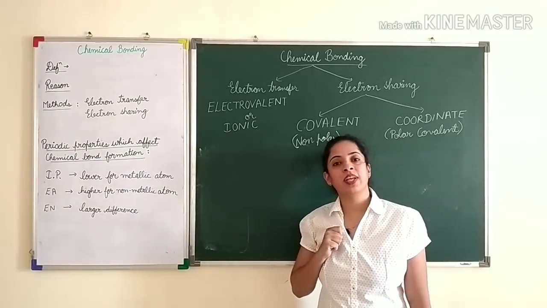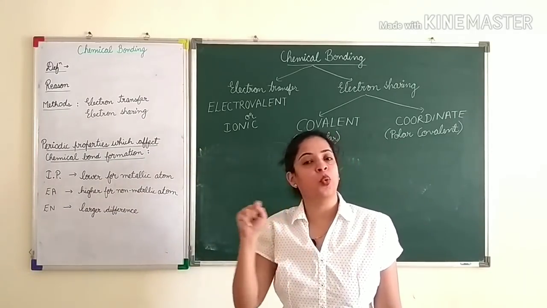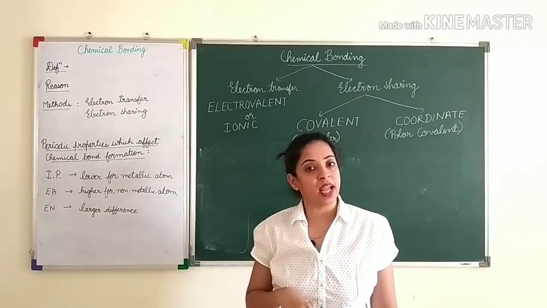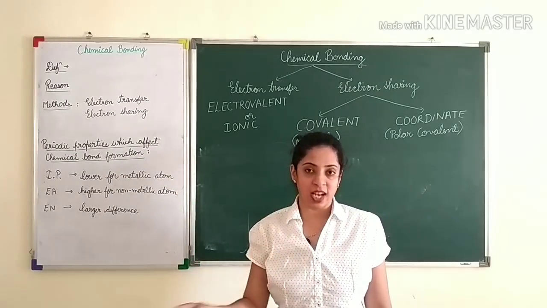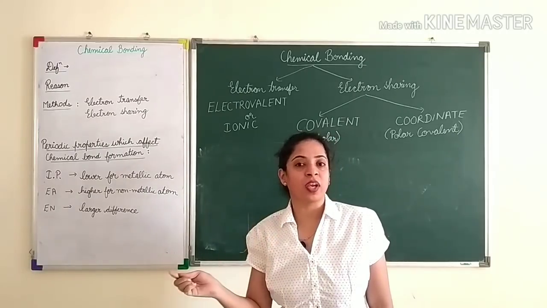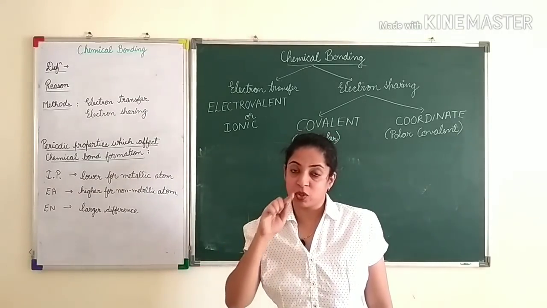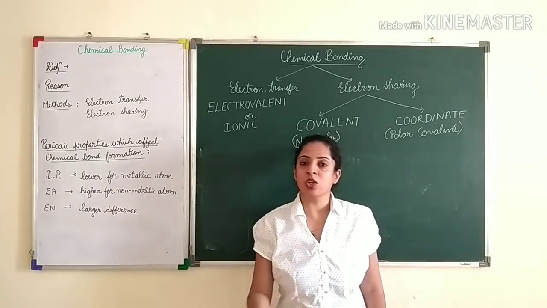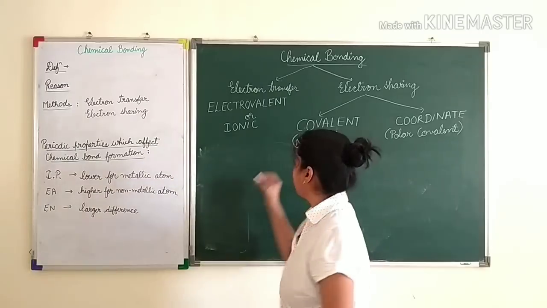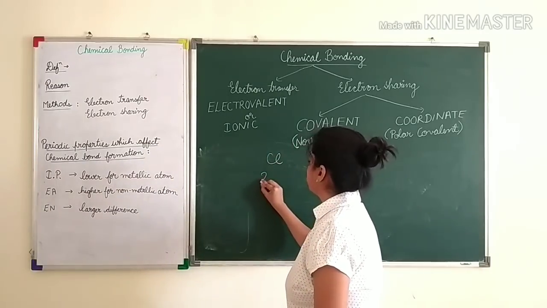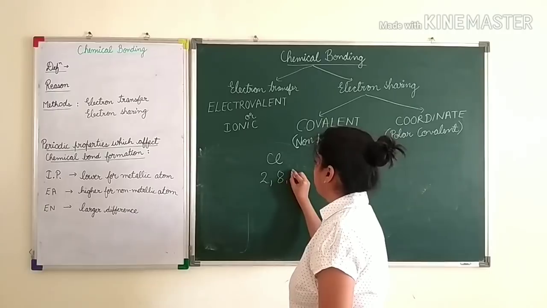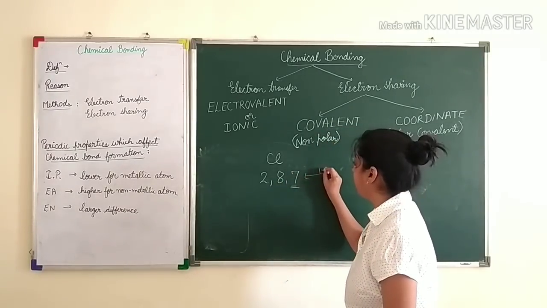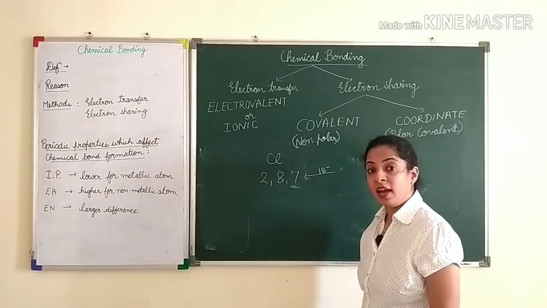Now as I told you the example of sodium, it had 2, 8, 1, so it gave away one electron and formed cation. When any atom loses electrons, electrons decrease, so what increases? Positive, so it will form cations. And some elements want to take electrons, for example chlorine. Okay, so it is 2, 8, 7. It is difficult for chlorine to lose 7 electrons, so it will take that 1 electron and form anion.